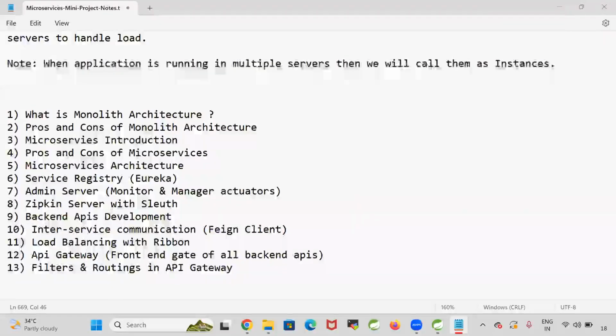What we discussed in the last session, do you remember? Guys, do you remember what we discussed in the last session? In the last session, we discussed the overview of our microservices classes